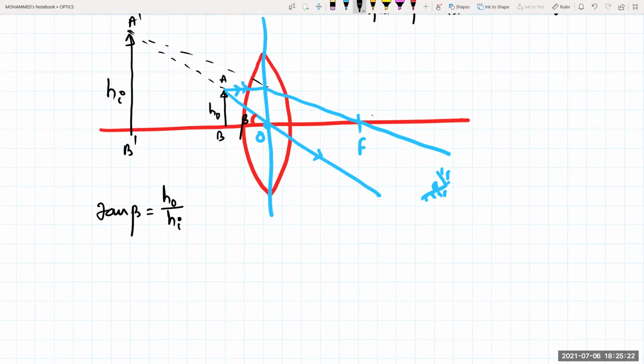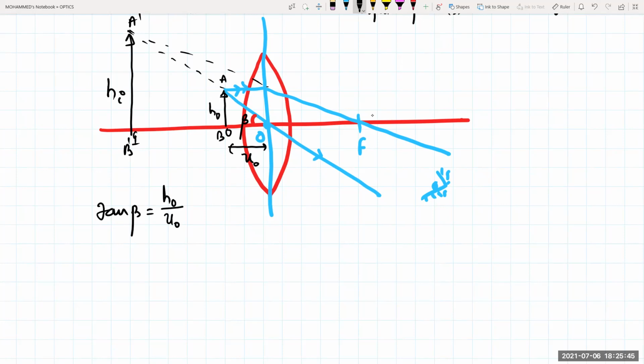Height of image by height of object. So what I can write here now, if I'm writing tan beta for this one, this is the object's body, from here to here, this will become the object distance, u. Can I represent it by u naught? So this is your object and this one is nothing but your image, I dash. That means tan beta will be equal to H naught divided by your u naught.